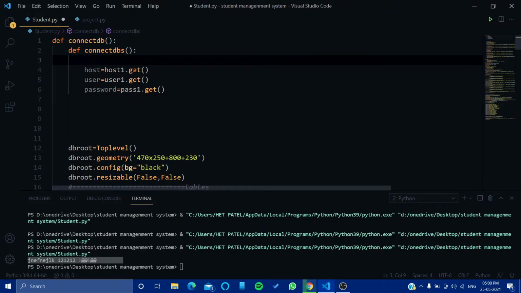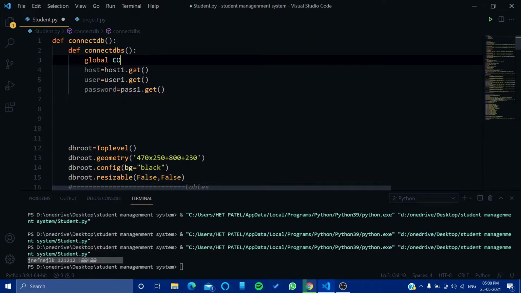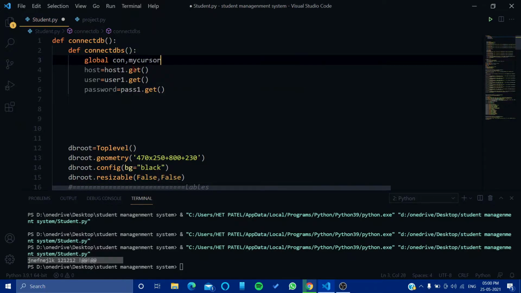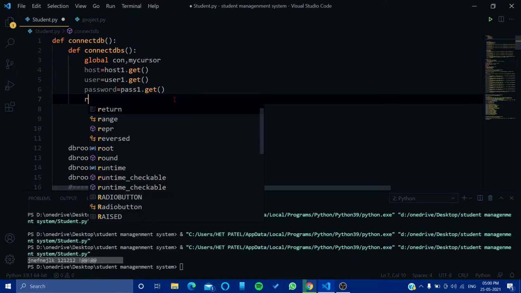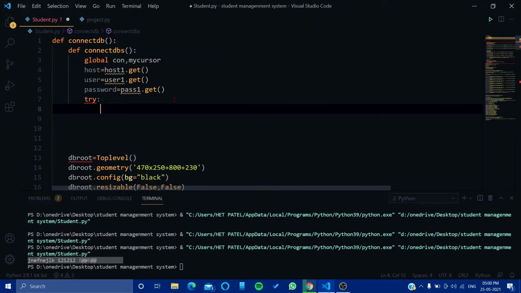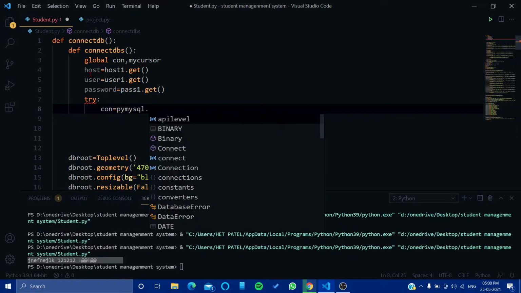So again we will add global on comma my cursor. Now we will use it here. We will use the try except method. So try. We will say con is equal to pymysql dot connect.